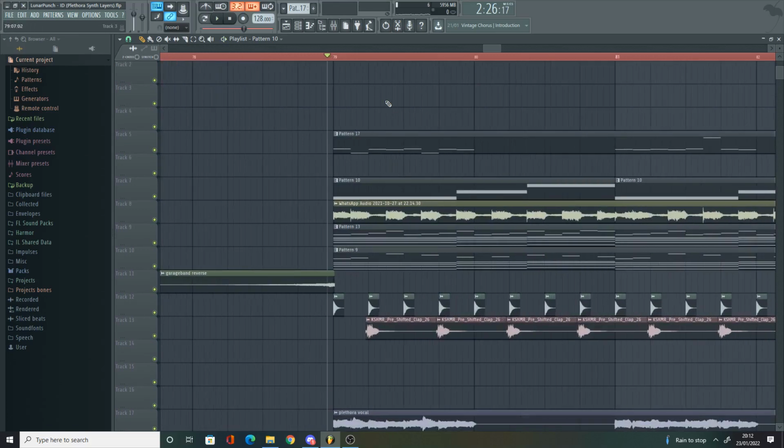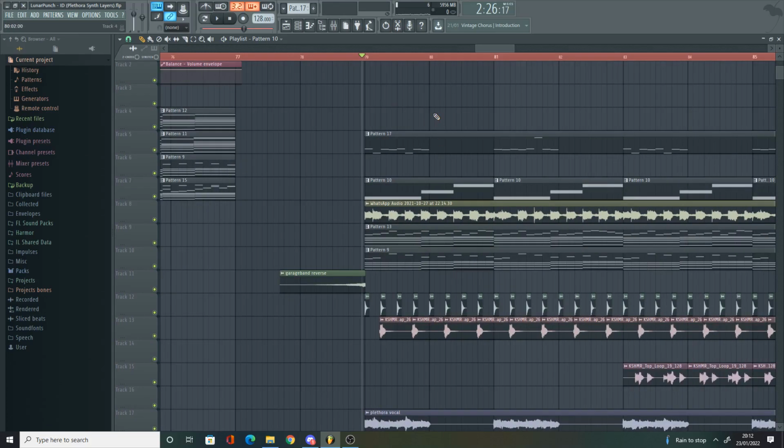So while the vocal chop was playing, I didn't want... You see, the vocal chop's really high in treble frequencies, and it's really loud. And the thing is, the main loop is also kind of high in treble frequencies, and it's also kind of loud. So I didn't want them both to be playing at the same time. So what I did was,